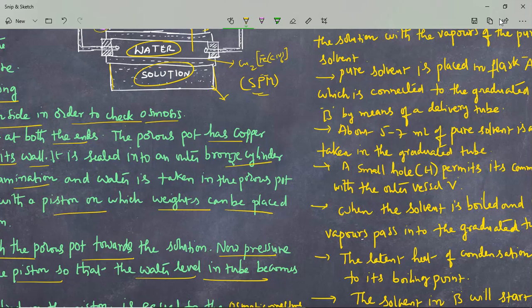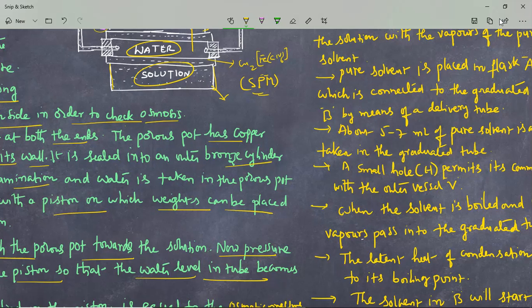When we collected some of the mass, the concentration of sucrose, when it is increasing, osmotic pressure is increasing. That means osmotic pressure is directly proportional to the concentration of the solution. So you understand this method. Berkeley-Hartley method, Hartley's method, is an important method, an advantageous method, or you can say it's the best method for the measurement of osmotic pressure.